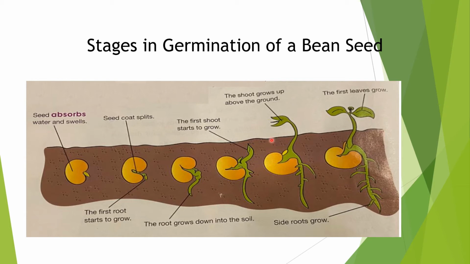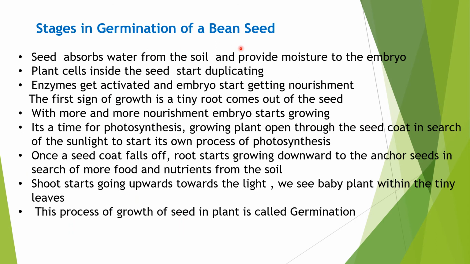The seed grows a root to access the water underground. Next, the shoot, the growth above the ground, begins to appear. The seed sends a shoot towards the surface and grows leaves to harvest energy from the sun. Leaves continue to grow towards the light source in a process called photomorphogenesis. So these are the stages, and we are going to discuss some of the points related to them on the next slide.